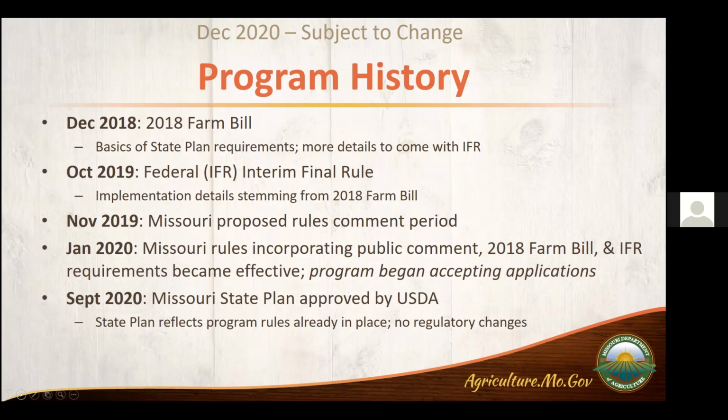In late 2018, the next iteration of the Farm Bill, the 2018 Farm Bill, was signed into law. It provided guidance on how states would be required to implement a commercialized rather than the research-based industrial hemp program. This allowed for commercialization. Additional details were followed in the interim final rule that came out in October of 2019.